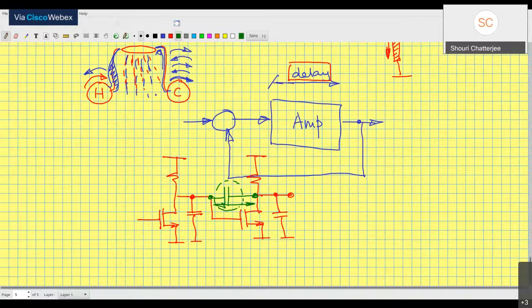There are a few more questions that I don't want to answer. It's beyond the scope of this course. What is EMC, electromagnetic compliance? And can it be achieved with the help of filters? The answer is yes. You can achieve electromagnetic compliance with the help of filters. There are a lot of sources of noise.